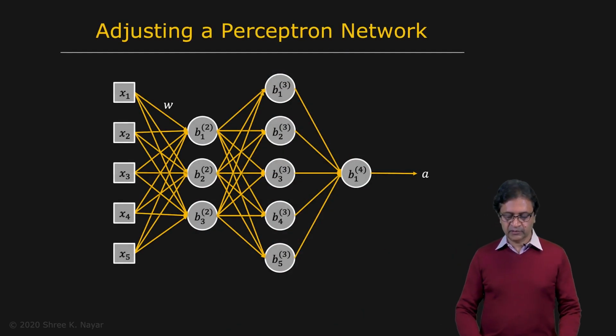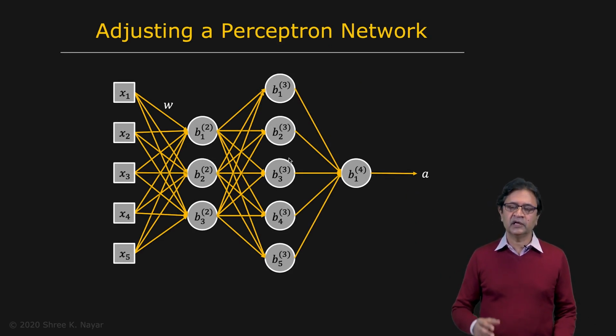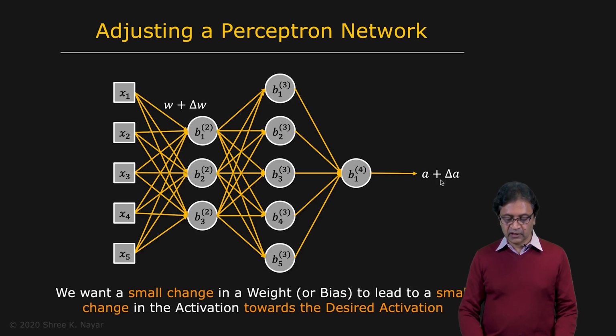So here is our perceptron network, which we were talking about earlier. Ultimately, what we want to do is to find the weights and biases of this network to solve the problem that we are trying to solve, the vision task. So in that context, what we need to do is to be able to see what the impact of changing a particular parameter here is. All these weights and biases, we can call them parameters of the network. So if you take any one of them, let's say this weight right here, what we want to be able to say is if we change this weight, what is the impact on the output A?